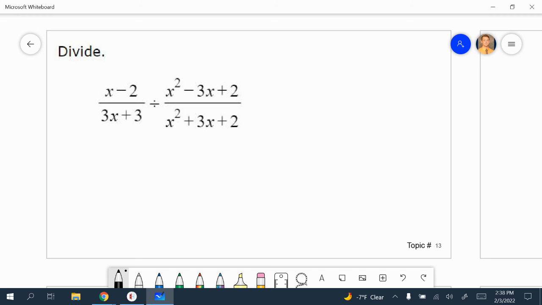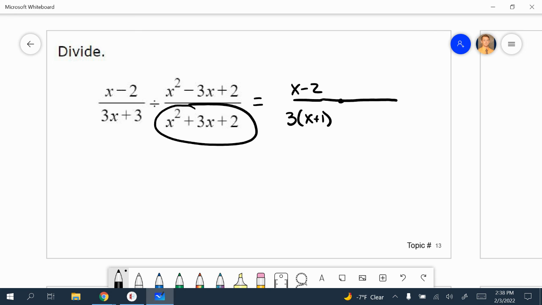Topic number 13 is another division question. I'm going to do the same thing I did on the last one. I'll start by doing x minus 2, and I'm going to pull out a 3 out of the bottom, so I'm just left with x plus 1. I'm going to multiply that, and I'm going to use this one on the top because that's what you do when you divide. You multiply the fractions, but you flip the other one. So I'll multiply that,